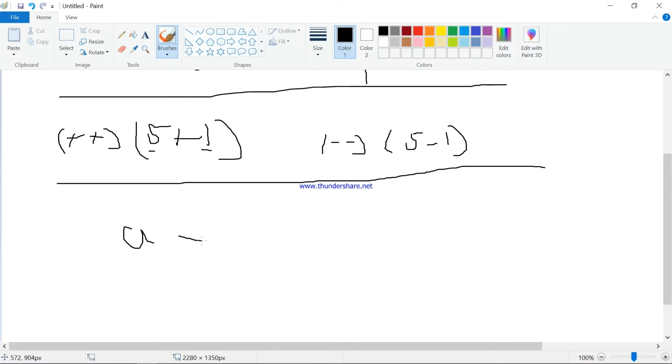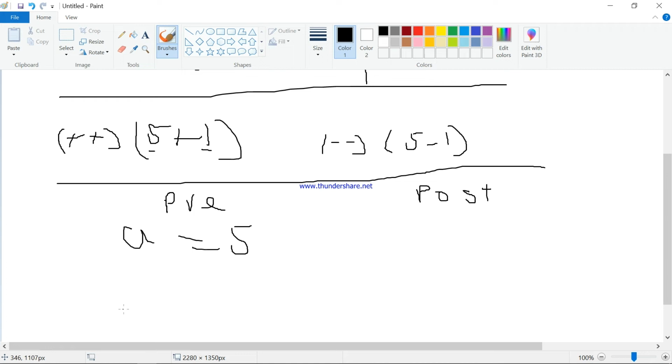Like if I have a equal to 5, this is the same for increment and decrement. Only see the concept of pre and post.